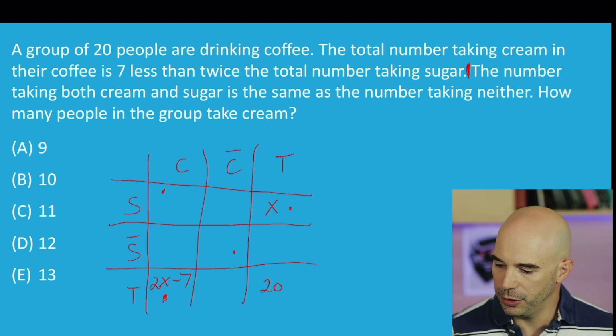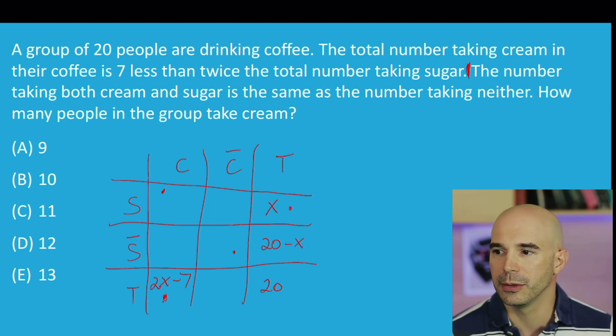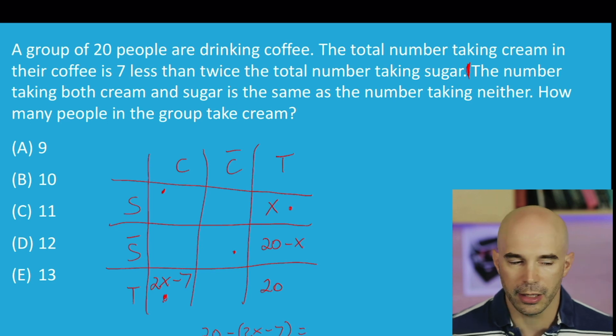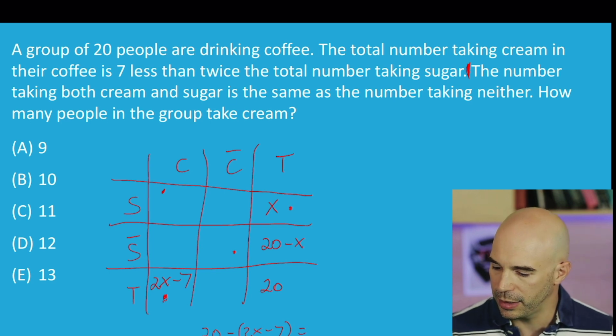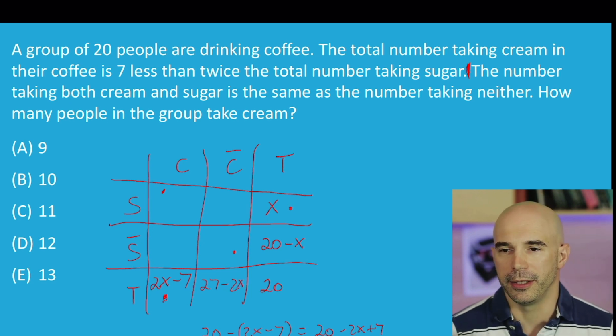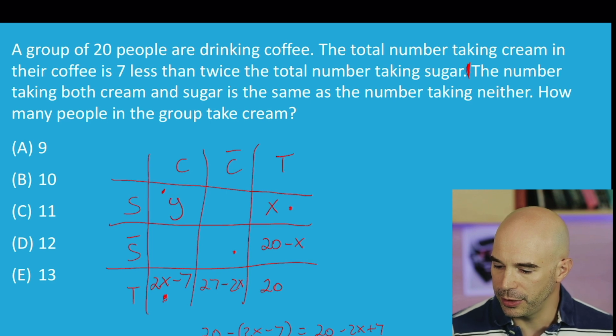You see, if we know that the upper right is x and we know that the bottom right is 20, we can infer that this is 20 minus x. And we absolutely should do that before we read on. Similarly, I know now that the middle bottom is 20 minus (2x minus 7), and so I'm doing a little bit of a calculation here on the side because I don't want to make a careless error. So that's 20 minus 2x plus 7, so that's 27 minus 2x, like that. Now I'm ready to read on, and I'm just going to decide to call these y.